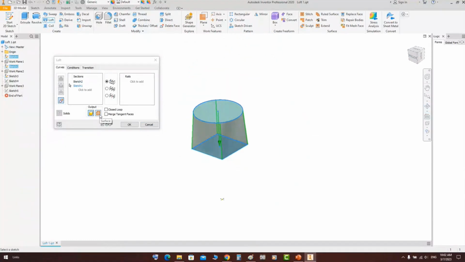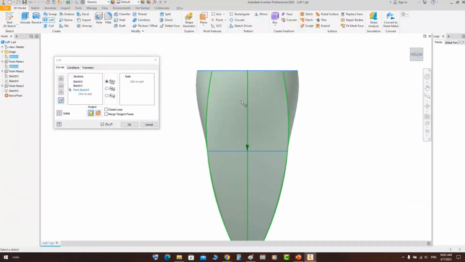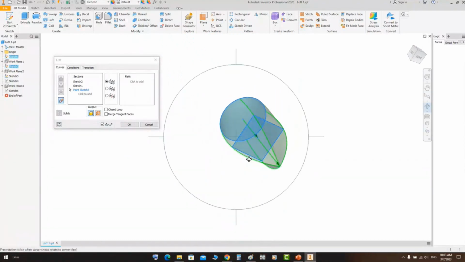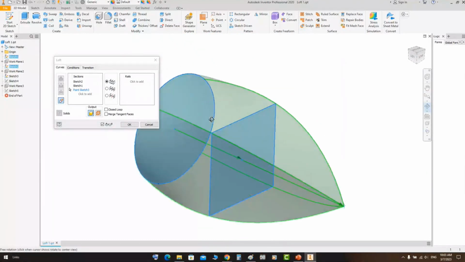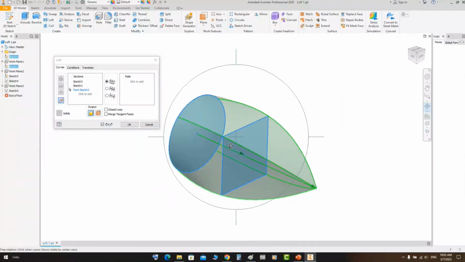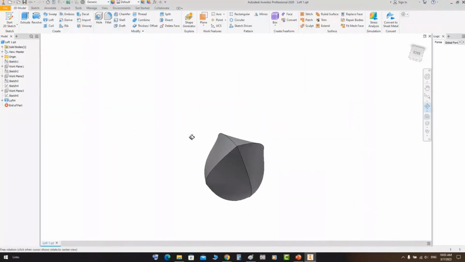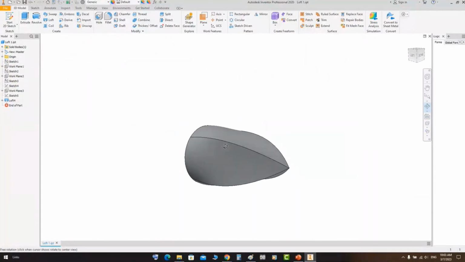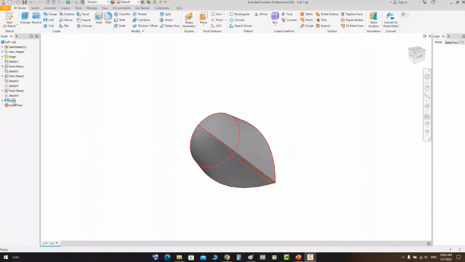By the way, as discussed, you can make it as a solid or surface. The surface you can use for different purposes, but here we need it as a solid. So we connect the circle and this rectangle here, and you can connect it with a point. So you can get a complicated shape like that with different sections. The first section is a circle, the next section is a rectangle, and the last section is a point. So you will get a surface like that, or a solid body like that. And you can,